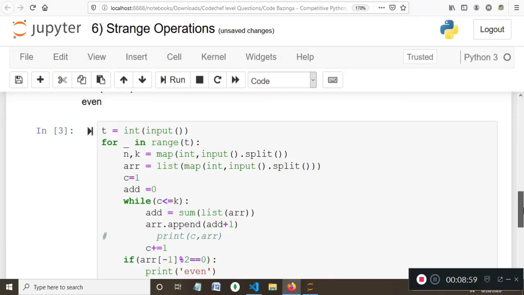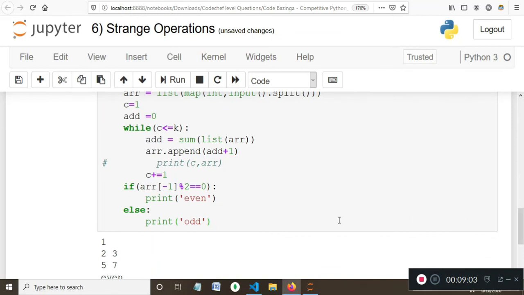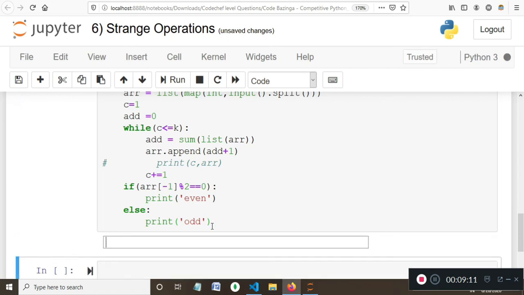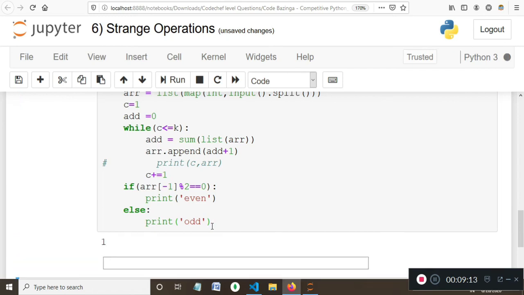Okay, let's try to evaluate for an example where we'll get the output as odd, because the thing is, even if there are two odd numbers, when summed they give an even integer as output. So let's say I have 1, and then I have 4.